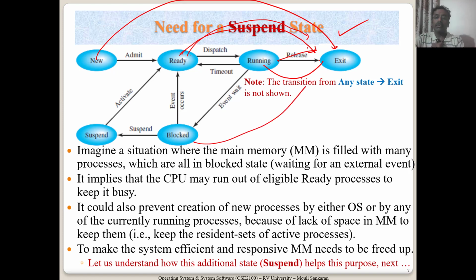Now what about block to exit? That is also possible. You went into a sleep state, saying that you are waiting to read or open a file, but the file doesn't exist, or the directory path you gave is not a valid path. Then you went into the block state, thinking that you would be able to open the file, but the file doesn't exist, or you don't have permission to open the file, or the path you gave to reach the file is illegal, or the file was moved somewhere. All these possibilities could lead you to move from block state to exit state,